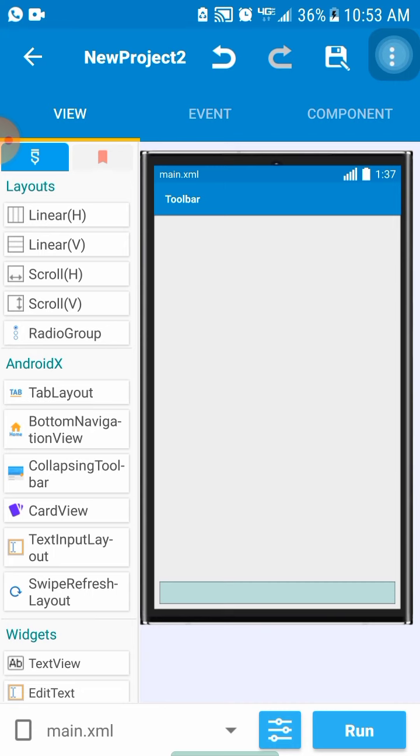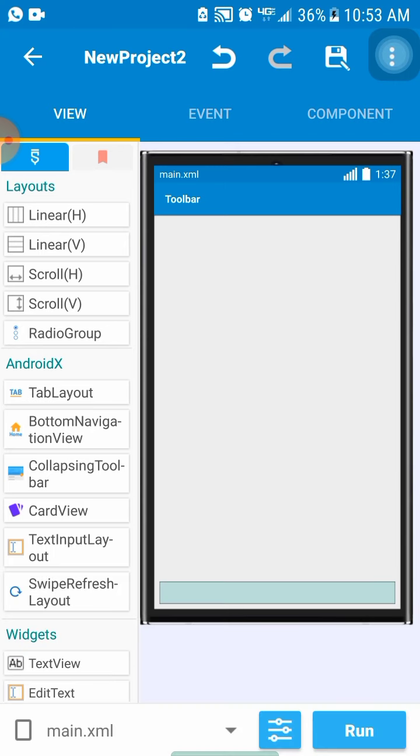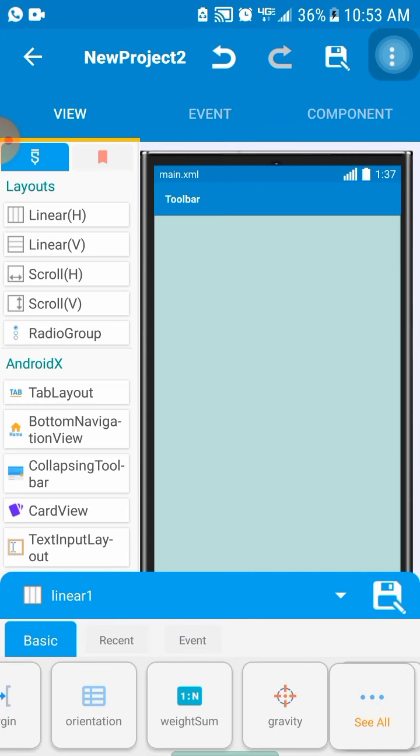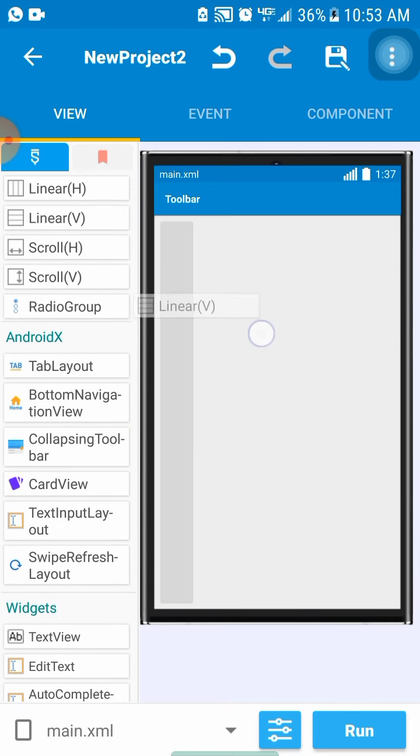The next thing we are going to do is put buttons into this small layout that we created, the horizontal linear layout. So this is a vertical linear layout, and this is a horizontal one. What it means is that when you put widgets into it, anything you put into it is going to be